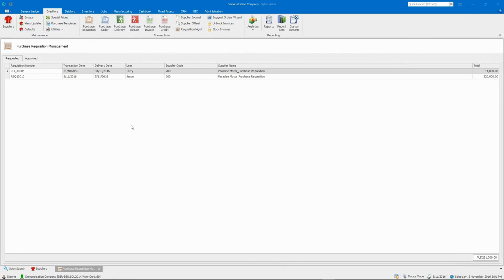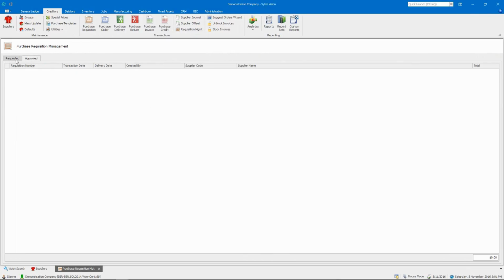Okay, so we're now logged in as Diane, and Diane is the first approver, and we're in the requisition management area of the software, so we can see what's been requested and, if necessary, what's been approved. So we'll go through the process now. So there's two requisitions here. One is under the $100,000 limit that Diane is allowed to approve to, and the other is over, but because Diane is a required approver,